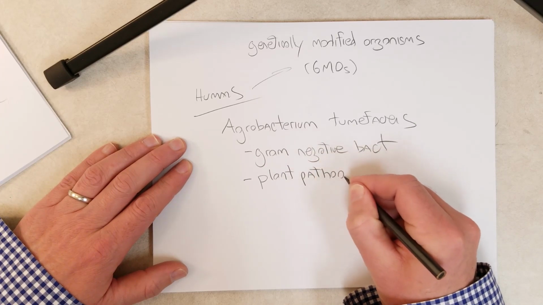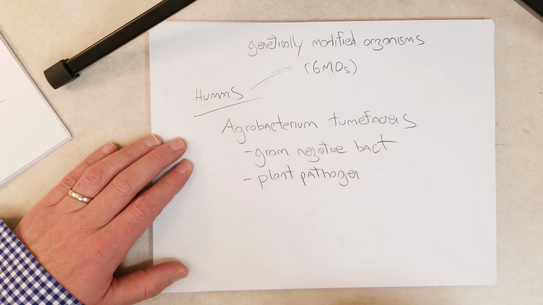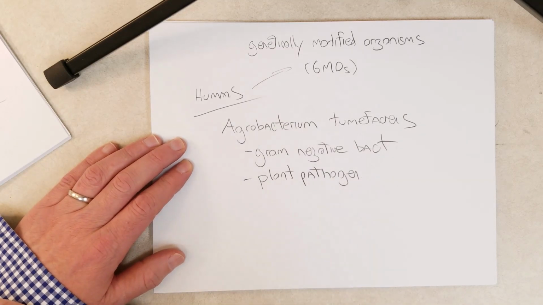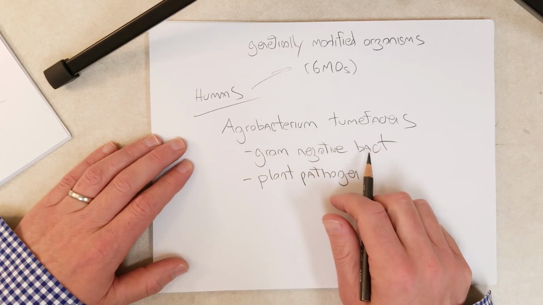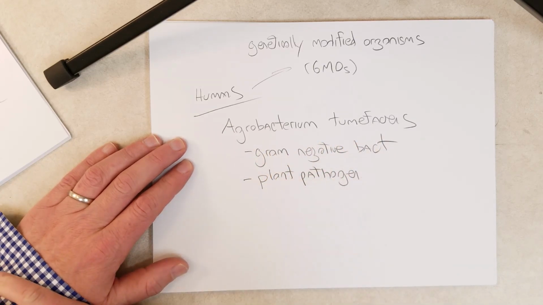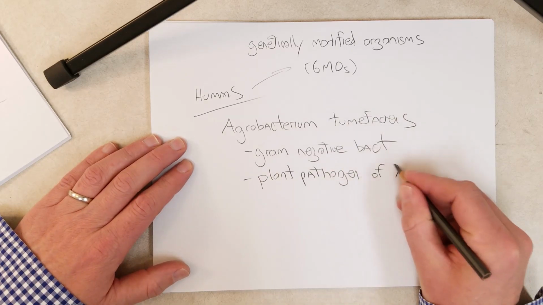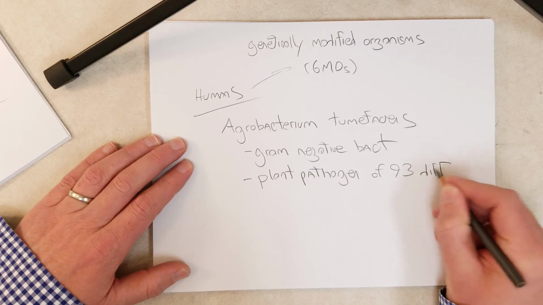Many of you might not realize this, but there are lots of pathogens of plants. Bacteria and fungi are some of the worst pathogens. Viruses also. And Agrobacterium, as you can probably guess, is a bacterium. I already said it's a gram-negative bacterium and a plant pathogen of plants of 93 different families